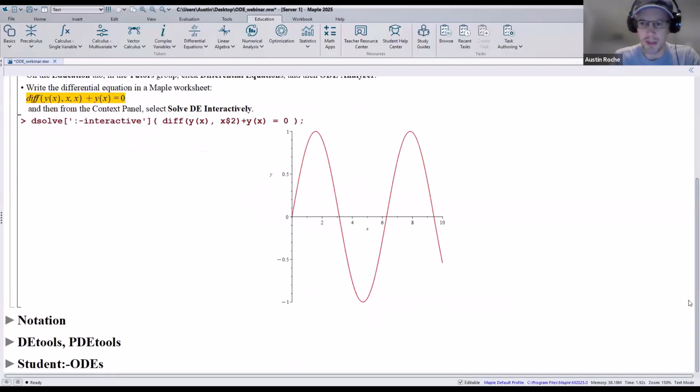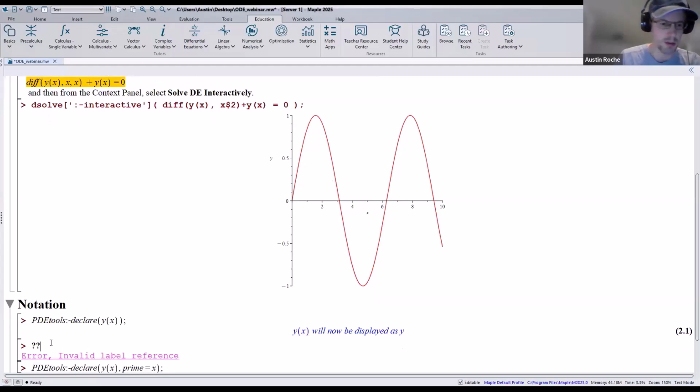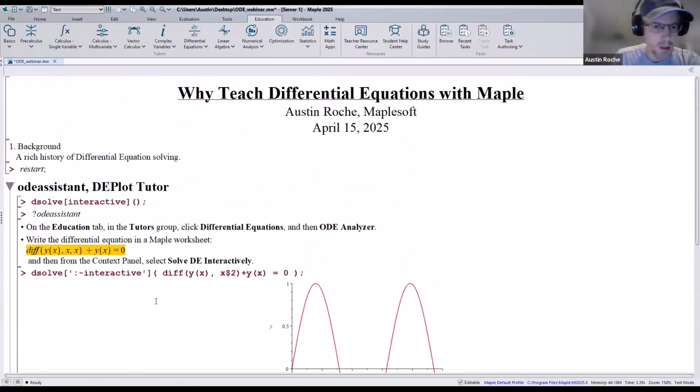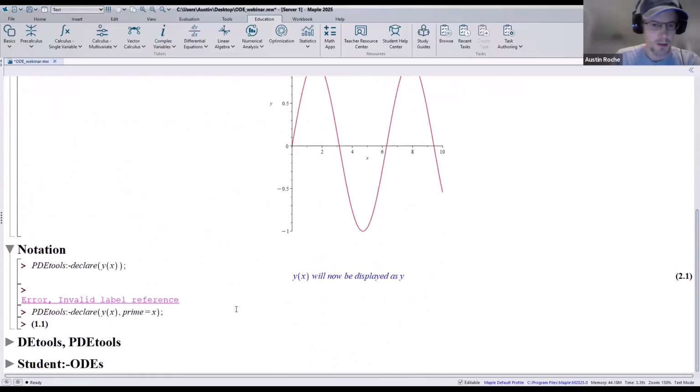So just to make things easier going forward and to make things look nicer, there's a special command PDEtools declare. And what it does is y of x will now be displayed as y. Most of the examples I have will be involving y of x as the solving function. So, okay, I need to refer to this equation above. I didn't factor this here. This equation 1.1. If I refer to that equation 1.1,